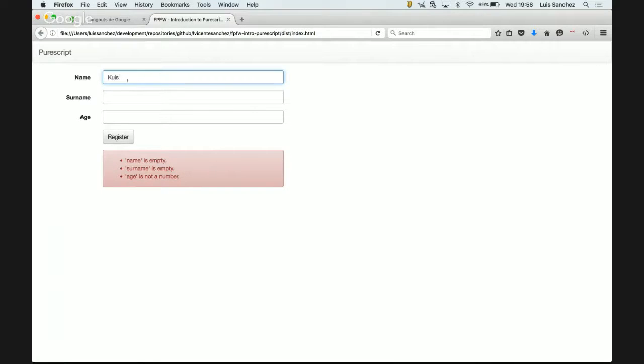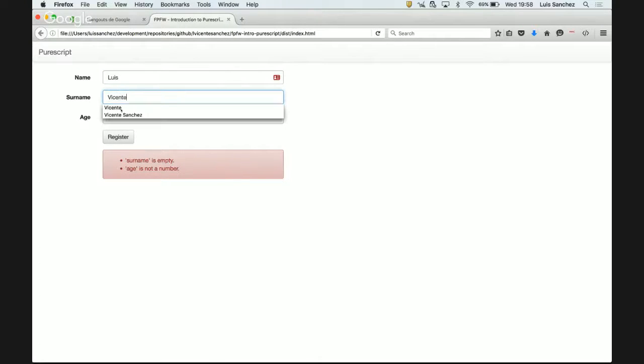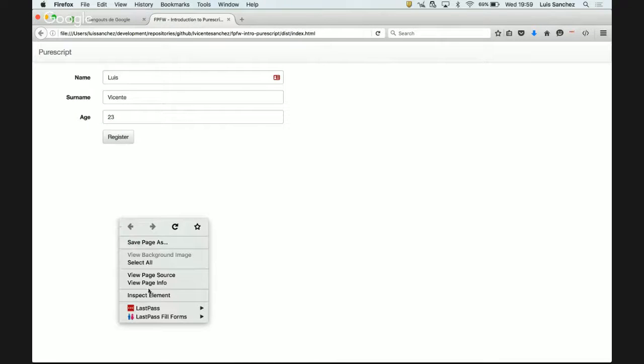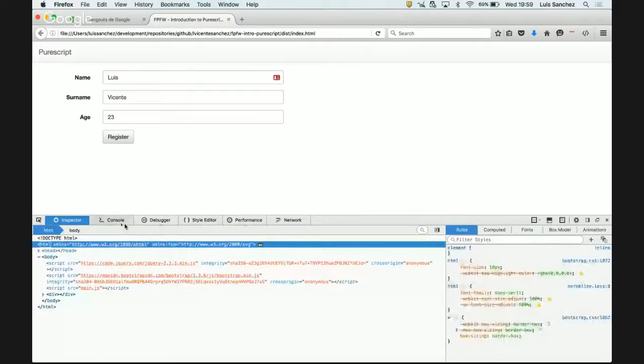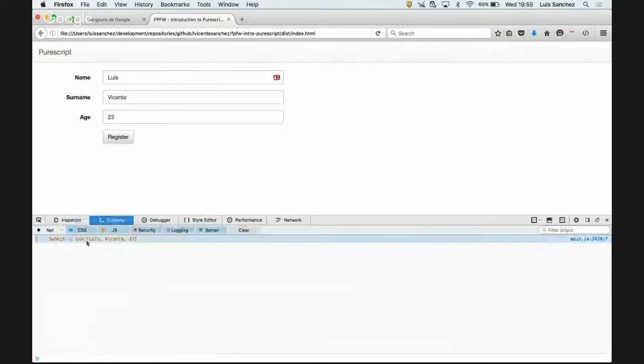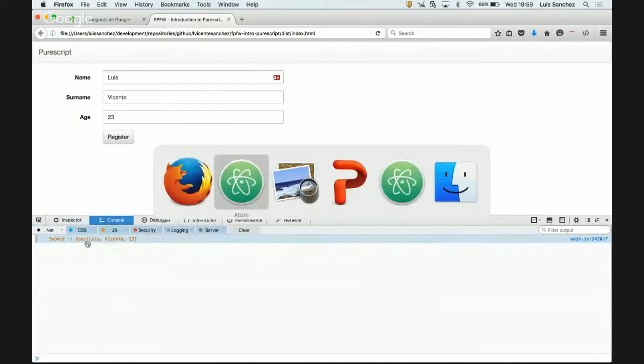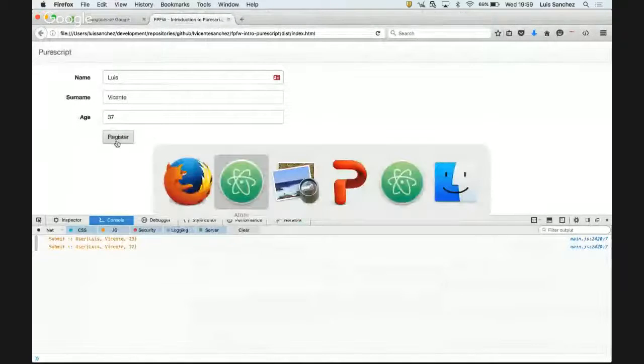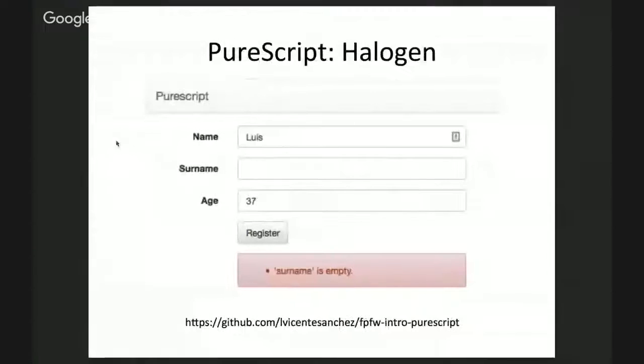And then if I type something like Luis here, now 2 errors, 1 error. So again, an error, 23, boom. And I go to console, boom, my user there. No, I'm 37. So yeah,